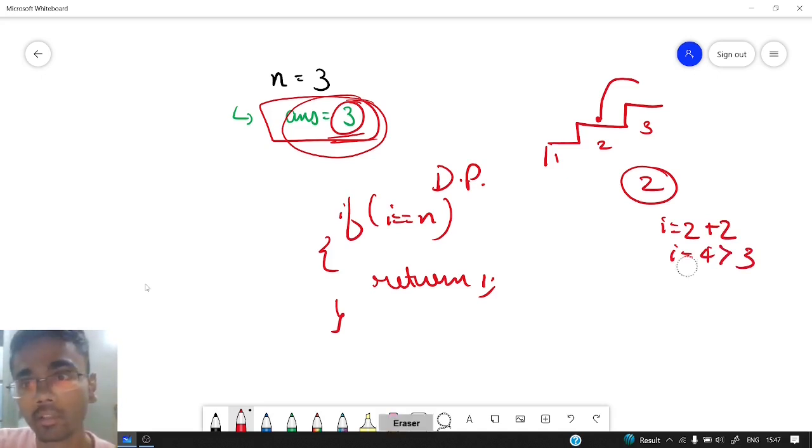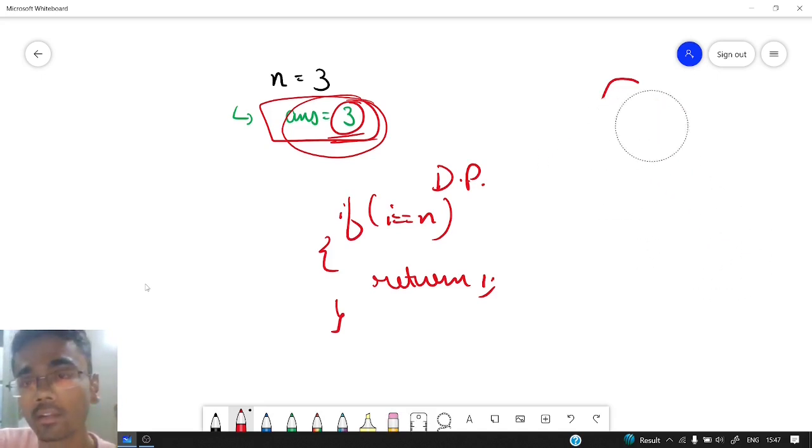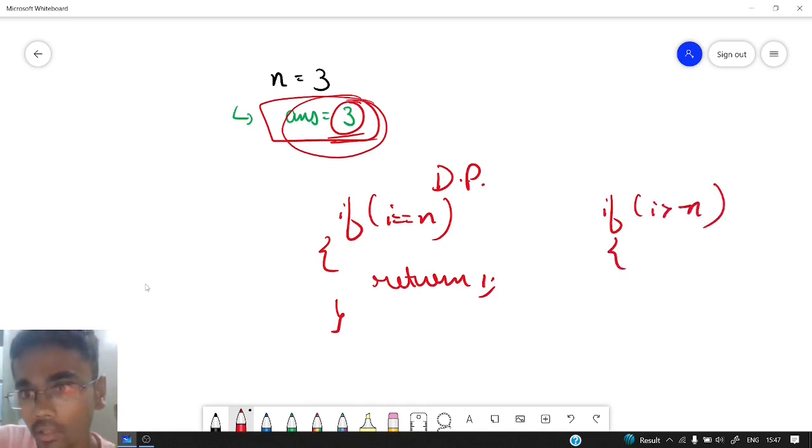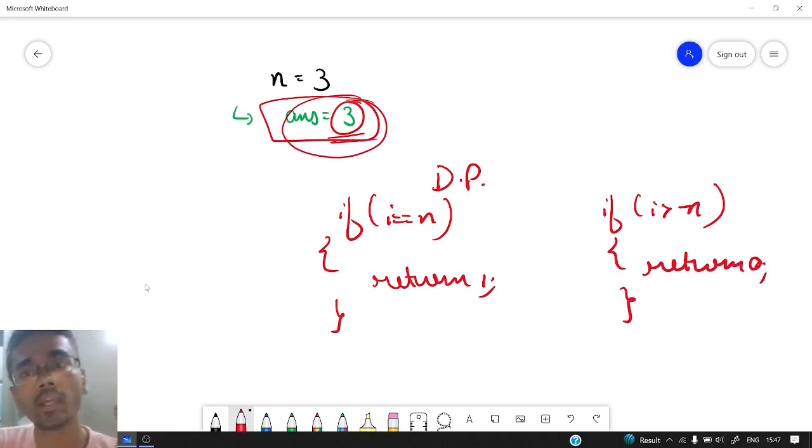So we don't want this. We need to stop somewhere so that it can't go any further, because we know we can't take any backward jump. So there is no point in going beyond n. So whenever our I is greater than n, we will return from there. And what will we return? Return 0, because from there we don't have any possible way to reach the n, because we have already exceeded this limit. So these are the two possible base cases,